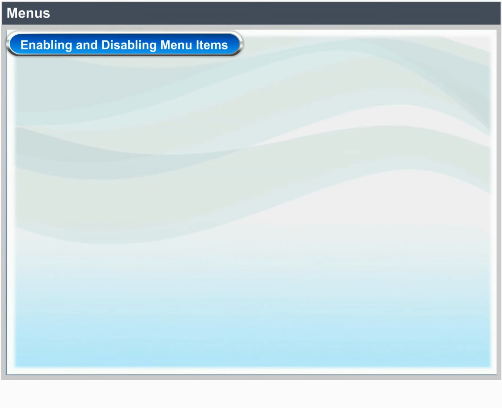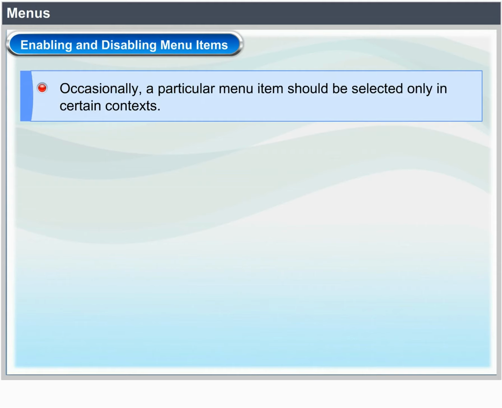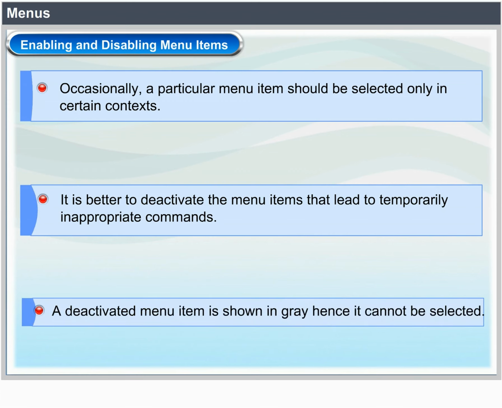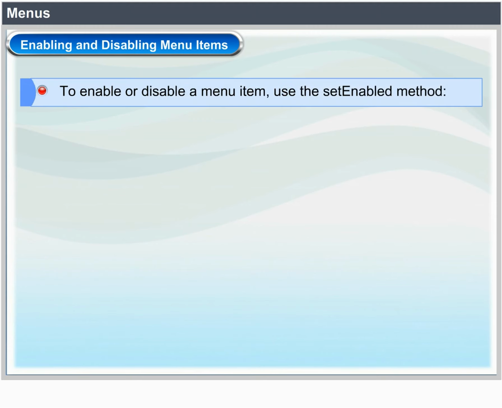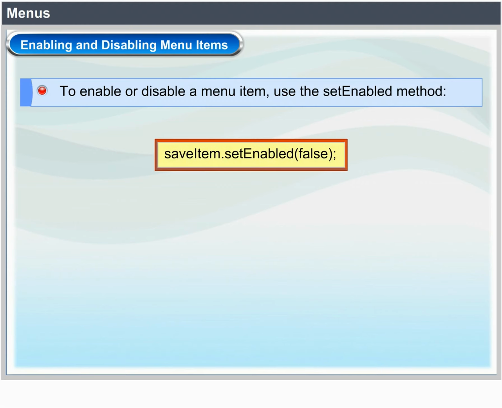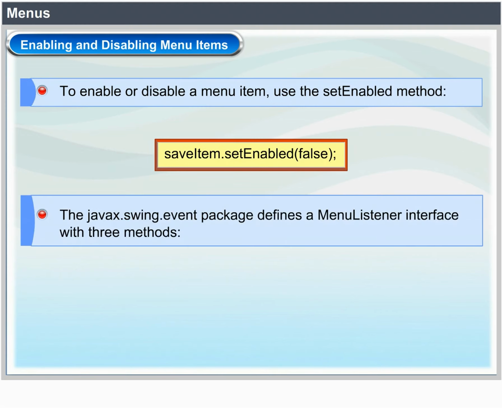Enabling and disabling menu items. Occasionally, a particular menu item should be selected only in certain contexts. It is better to deactivate the menu items that lead to temporarily inappropriate commands. A deactivated menu item is shown in gray, hence it cannot be selected. To enable or disable a menu item, use the setEnabled method. saveItem.setEnabled(false);